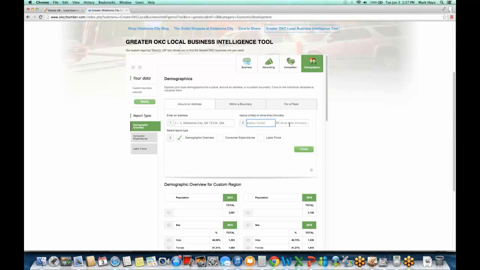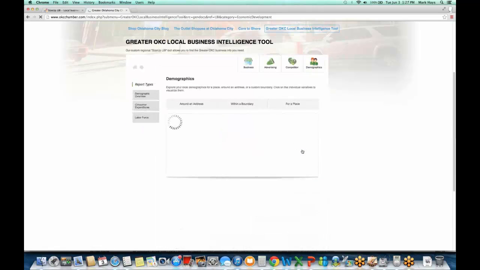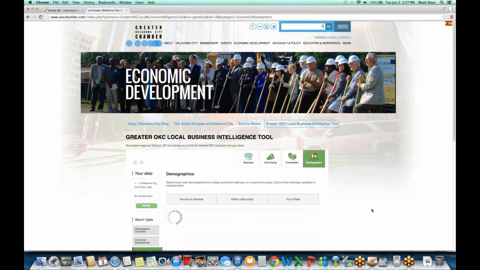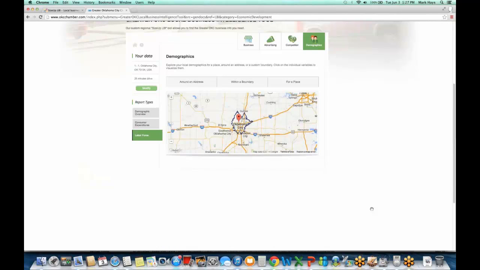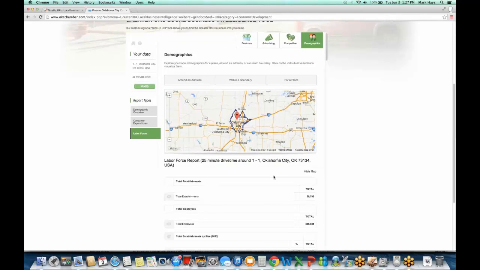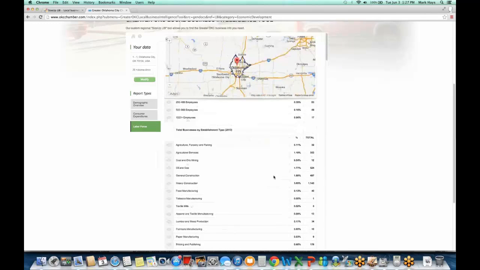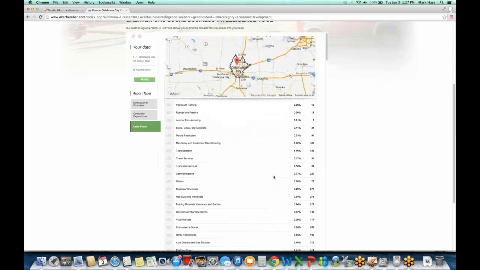Or, we haven't seen it yet, you can do drive time for the same exact things. You know, maybe a big manufacturing plant's moving in, or possibly moving in, and you want to know the labor force within 25 minutes of that specific location. Just tell the tool that, like I said, very easy, 3 clicks gets you there. It's not anything difficult. And now it's going to show you exactly what the labor force is made up of in this huge, huge, huge area that can drive to my specific potential building in 25 minutes. And like I said, that's a labor force. You can also do it for demographics or consumer expenditure. And now you can see every single industry where the people work within 25 minutes of my specific location.